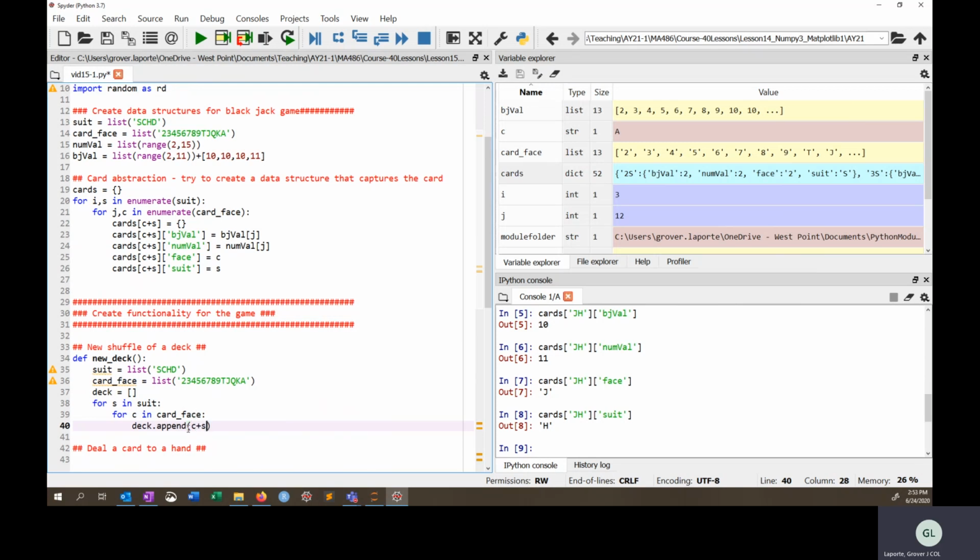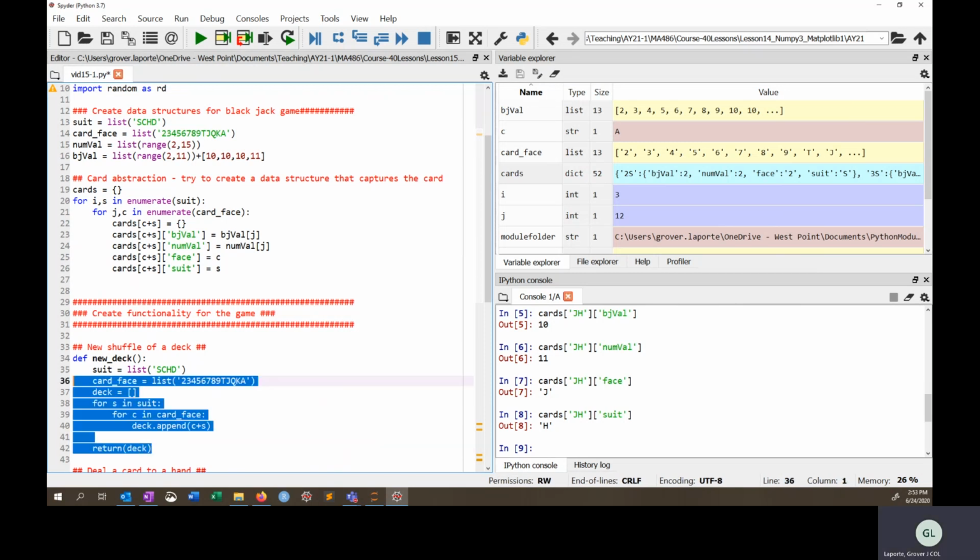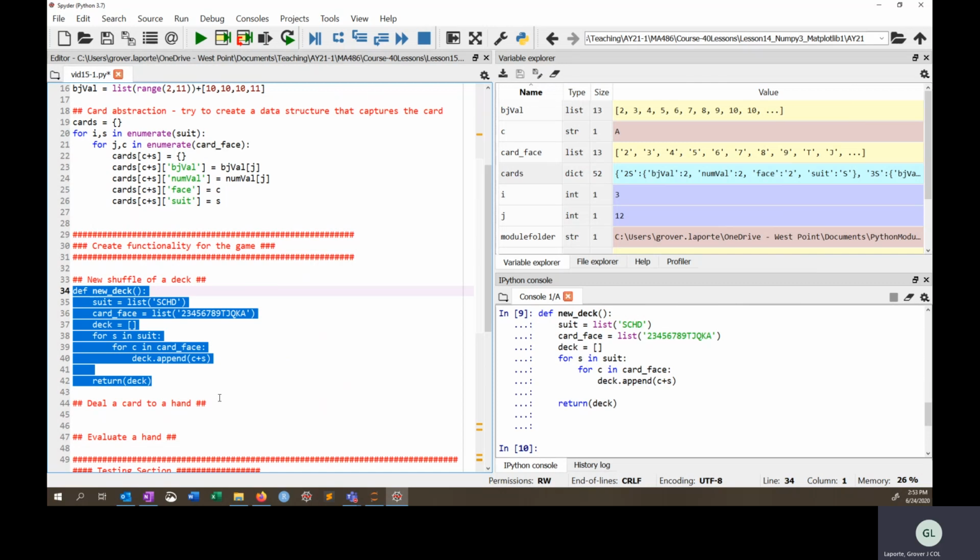So what you want to do is make sure that you're using exactly the same order. If you did S plus C up here, you better use S plus C here, because these have to match in order to be able to get to this information that's in here. So this list that comes out of here needs to match exactly what you did before. Oh, did I append it? Yeah, I did. Deck dot append, and then deck. For right now, let's just return. Let's run it. F9,